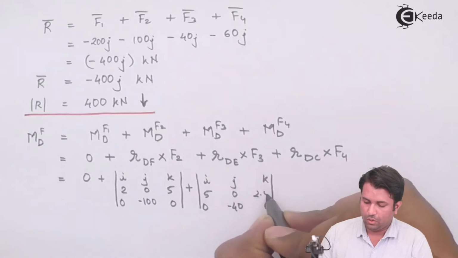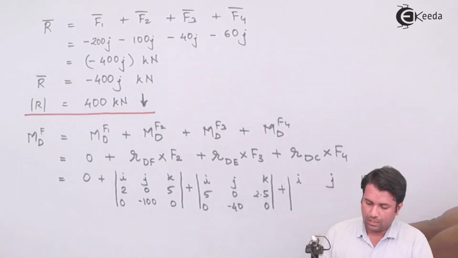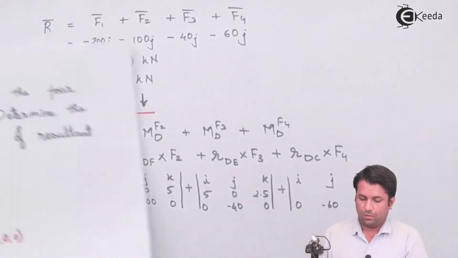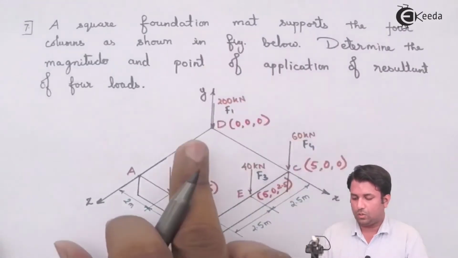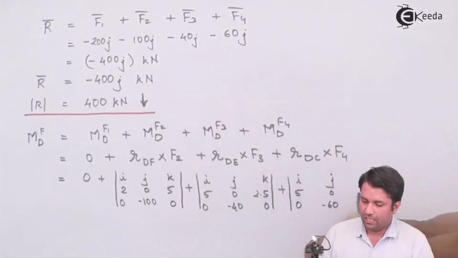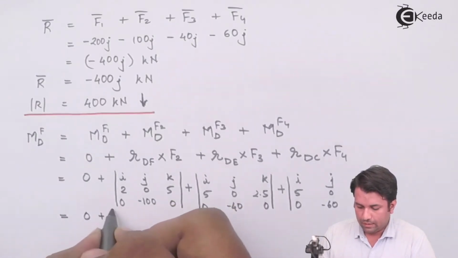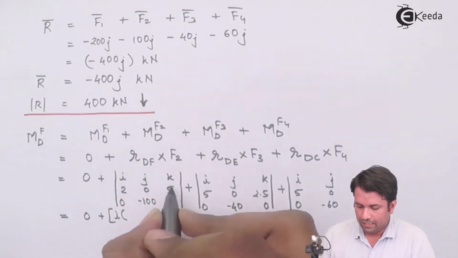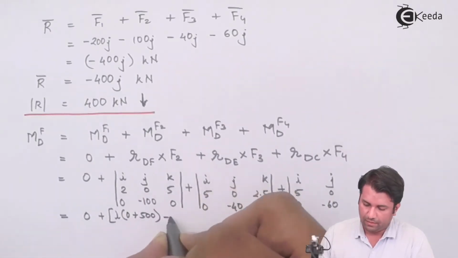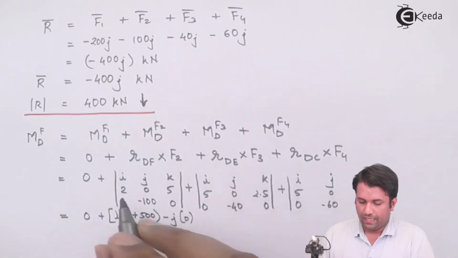5, 0, 2.5 plus I, J, K. F4 is 60 J, so minus 60 over here. Now, it is DC, so I'll take it as 5, 0, 0. So I'll get it as 0 plus I term will be 0, minus of minus 500 gives me 500, minus J, 0 and 0, K term will be minus 200,